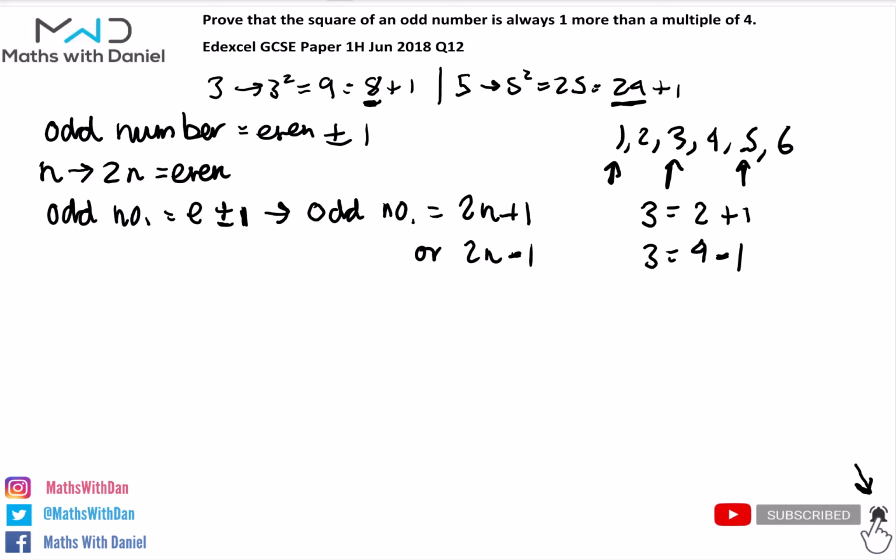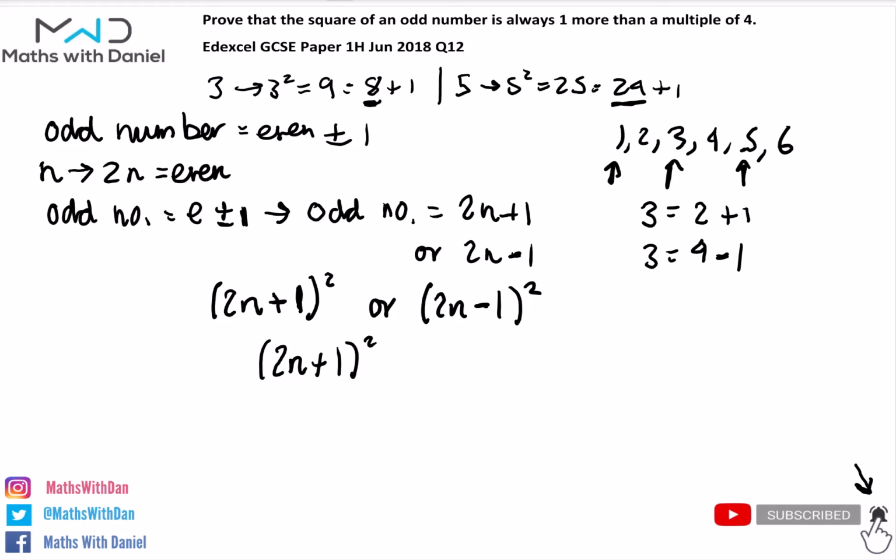So what we need to do now is do the exact same thing we did for 3 and for 5. We need to square it now. So what I'm going to do is put 2n plus 1, squared, or I could do 2n minus 1. These are both odd numbers, so it doesn't matter which one you choose to work with. I'm going to choose the first one. So if I have 2n plus 1 and I square it, this becomes